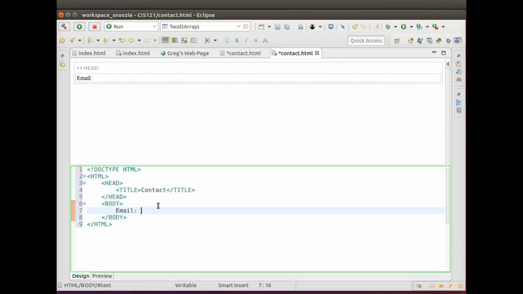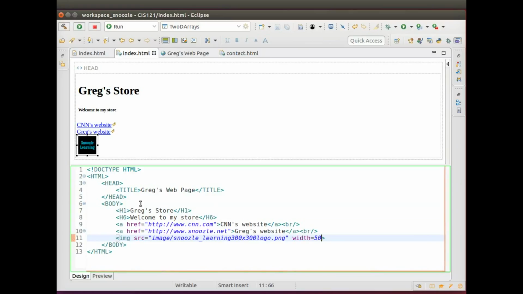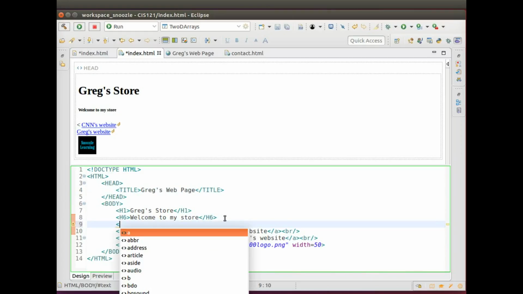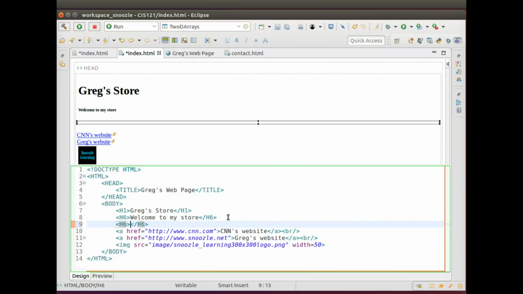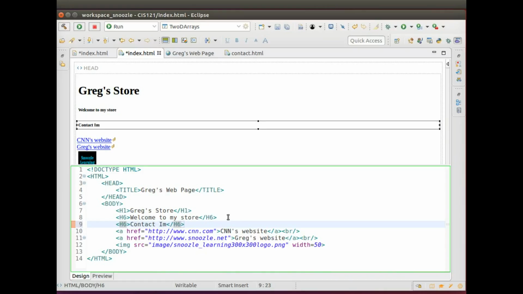email equals gmwagner@snoozle.net, and then save that. I'll kill this one, and then I want to make a link to this. So I'll say this is my store, and then I'll make another part, and I'll go welcome to my store. I'll say contact info, and then I want to make this